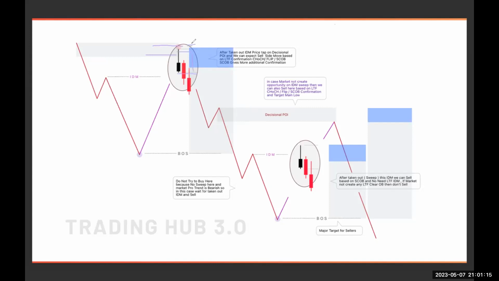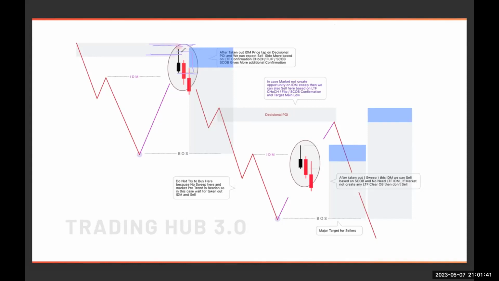Right. If you are willing to buy or sell directly without lower time frame confirmation, then you can buy or sell like this. And the next possible scenario is here. If the market taps here and creates a chalk and flip entry model in a lower time frame, then you can also take the entry for this sell or buy. Remember